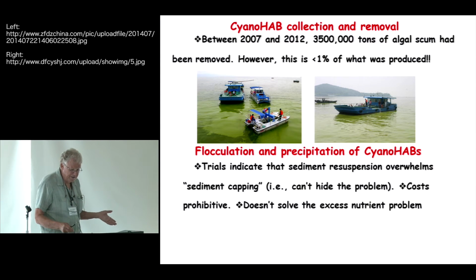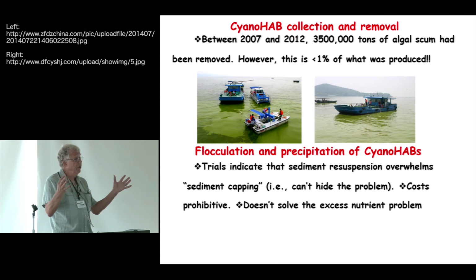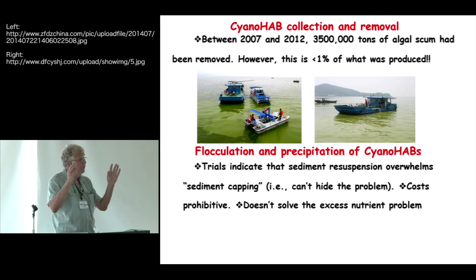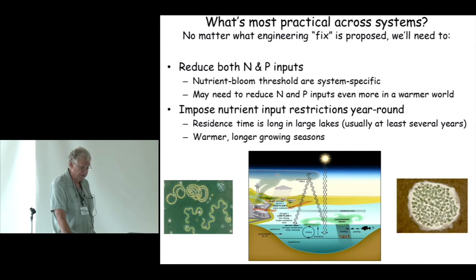So my plea here is to have mitigation strategies that involve the ecological consideration of what we're doing, and taking a holistic approach where we're looking at the chemistry and ecology as well as the physical factors that we can manipulate in doing these strategies. And lastly, think about both N and P. Not just P, not just N, but we need to deal with both nutrients now. The world has gotten a lot more complicated than it was 50 years ago in terms of dealing with these issues.